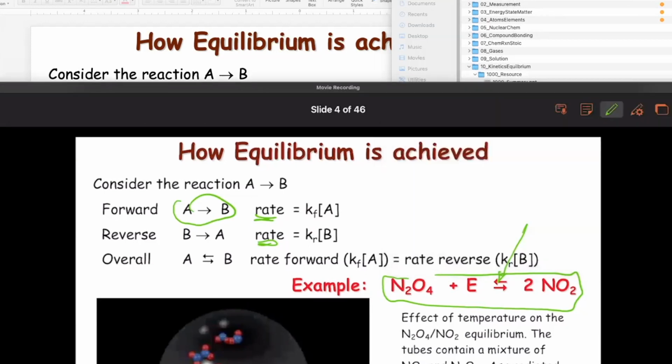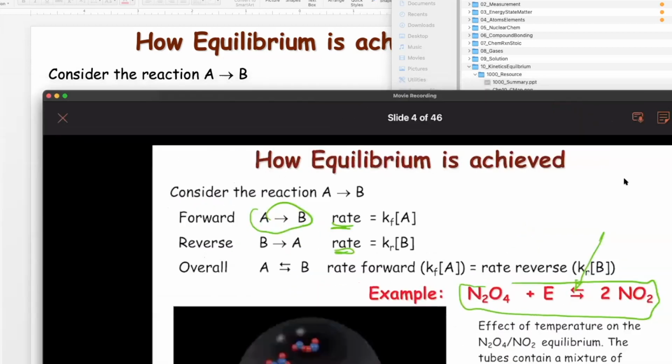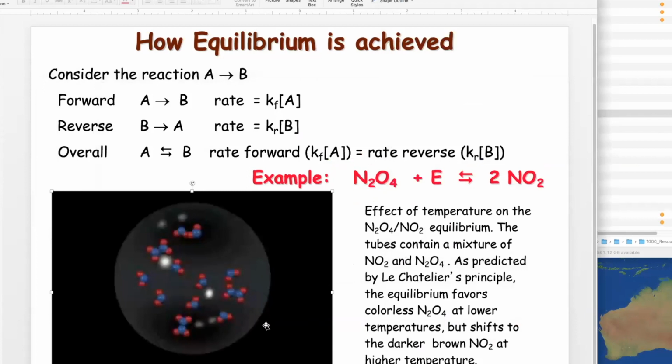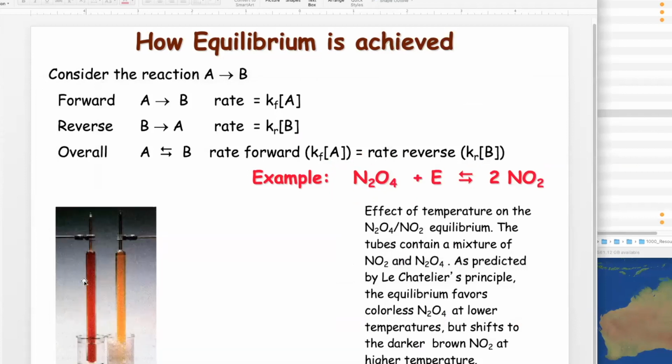This movie would just simply show you that N2O4 and NO2 are at an equilibrium. If you put in energy, you can force this equilibrium to favor more product. In this particular reaction, this is the reactant, N2O4, and this is the product, NO2. If you add energy, it'll form more NO2, but if you cool it down,